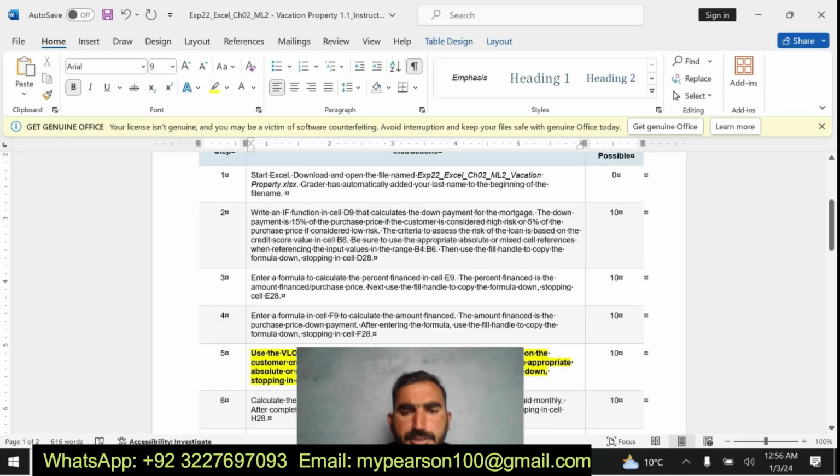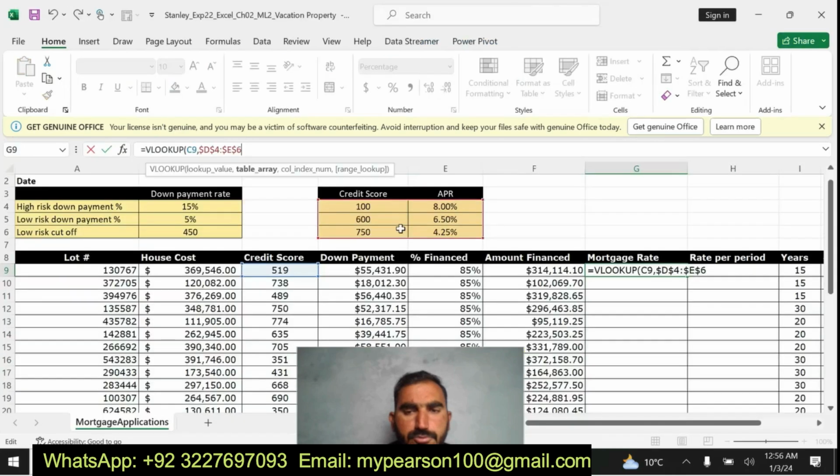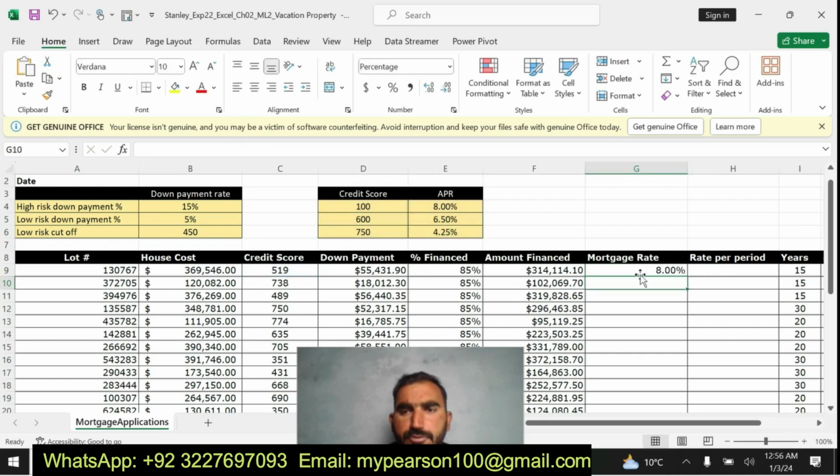You can see here the absolute cell references. Now I'm going to complete this step to find the value for the mortgage rate: comma 2, comma true, and close the bracket. I have found the value for the mortgage rate, that is 8.00%.